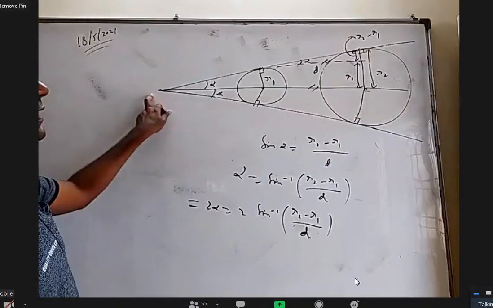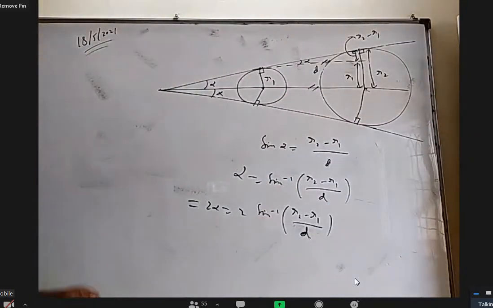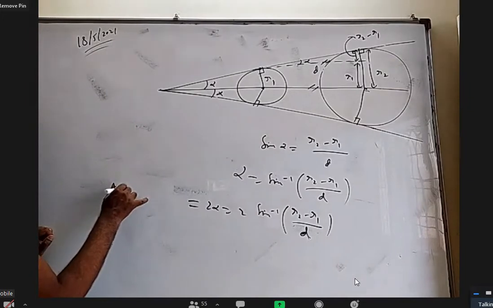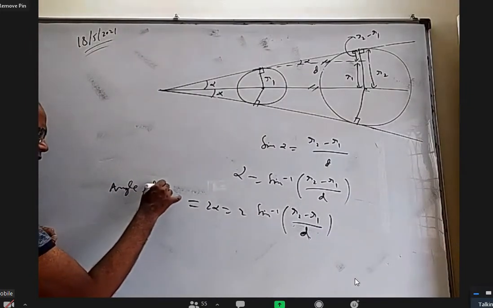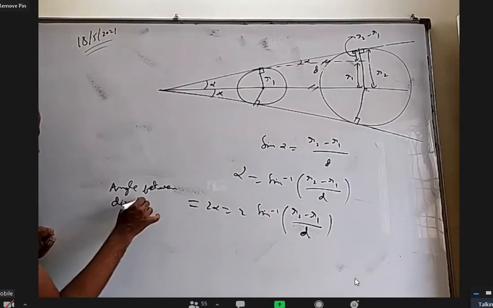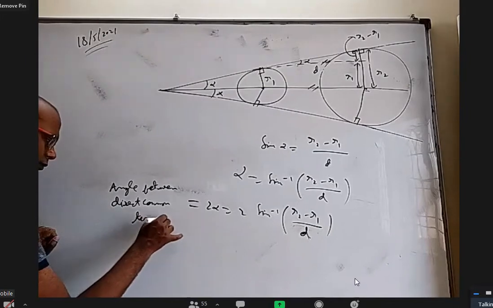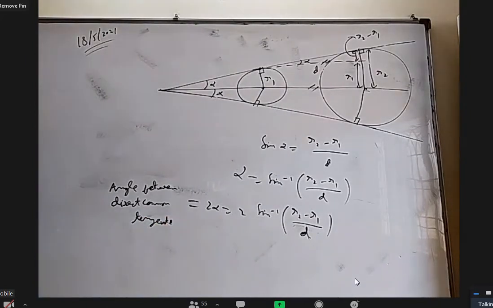Otherwise, you can find E and use tan theta by 2 equal to R by root S1 for any one of the circles. Okay. So, angle between direct common tangents. Please draw this figure and just write this much. Then we'll find the angle between transverse common tangents and we'll stop with that class.